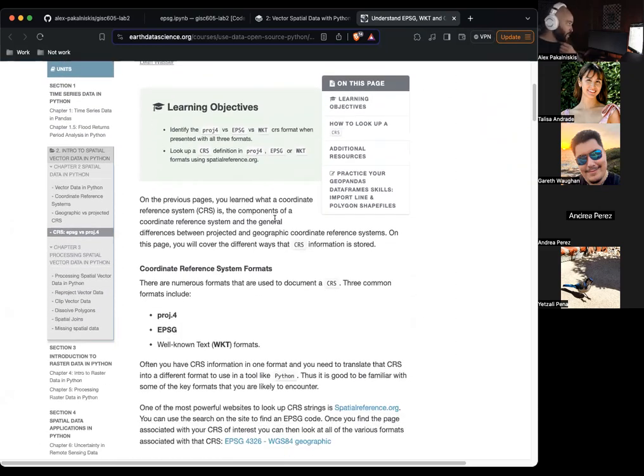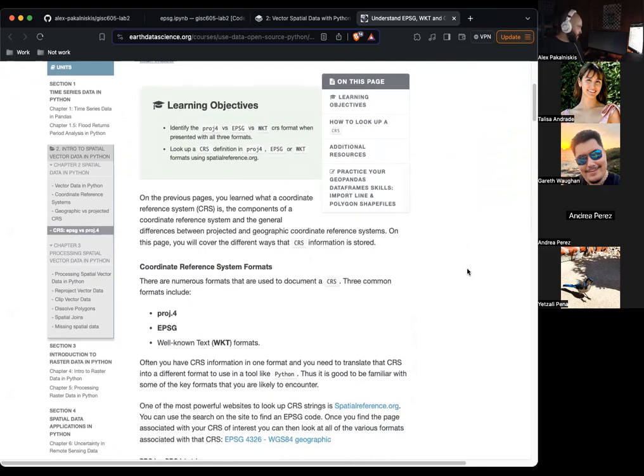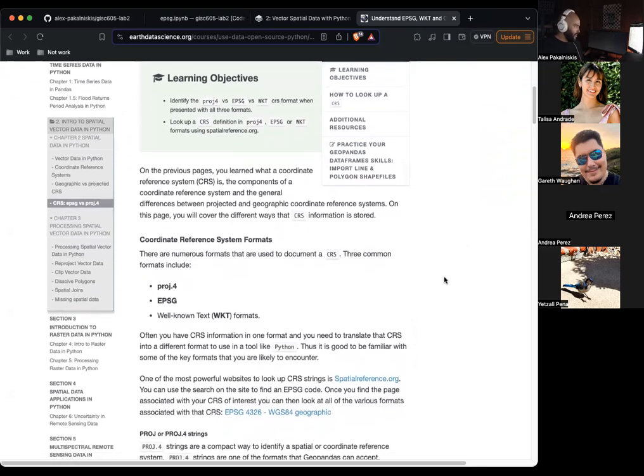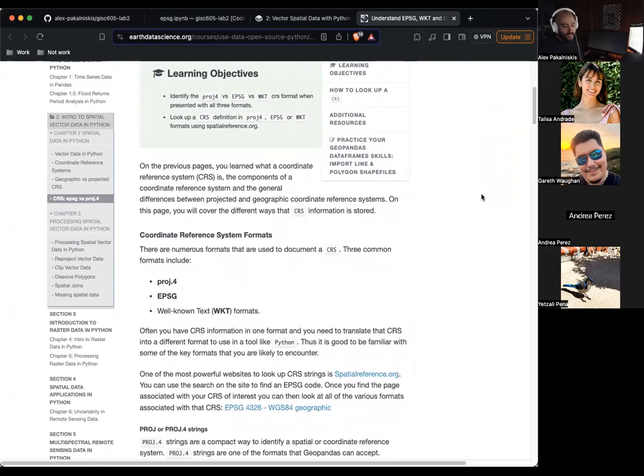So we've previously dived into the basics of CRS, what CRS entail, the different kind of components, and how to convert between projected and geographic CRS. Now let's learn about the formats that coordinate reference systems are stored in.